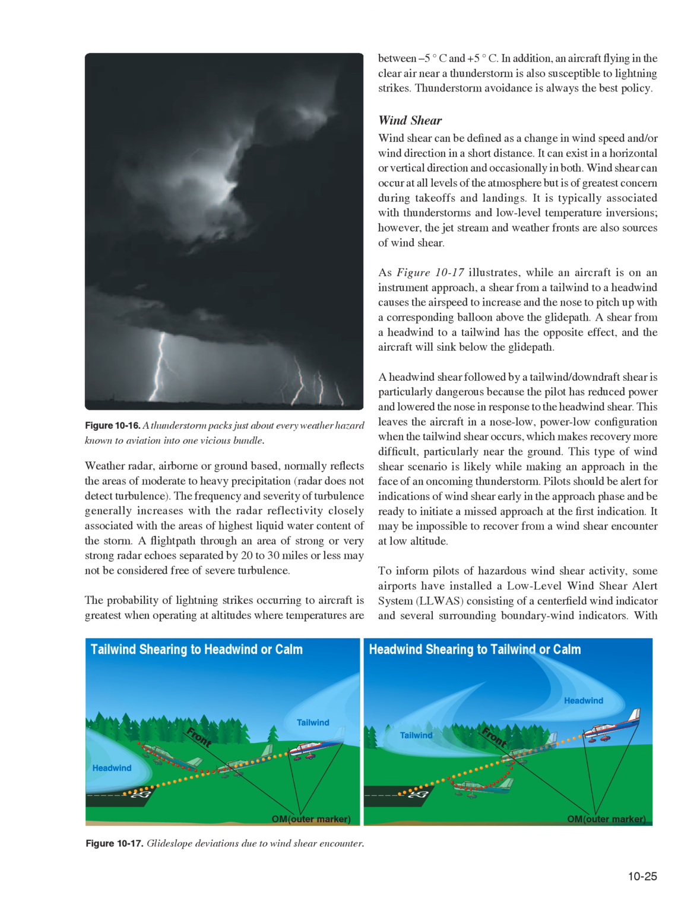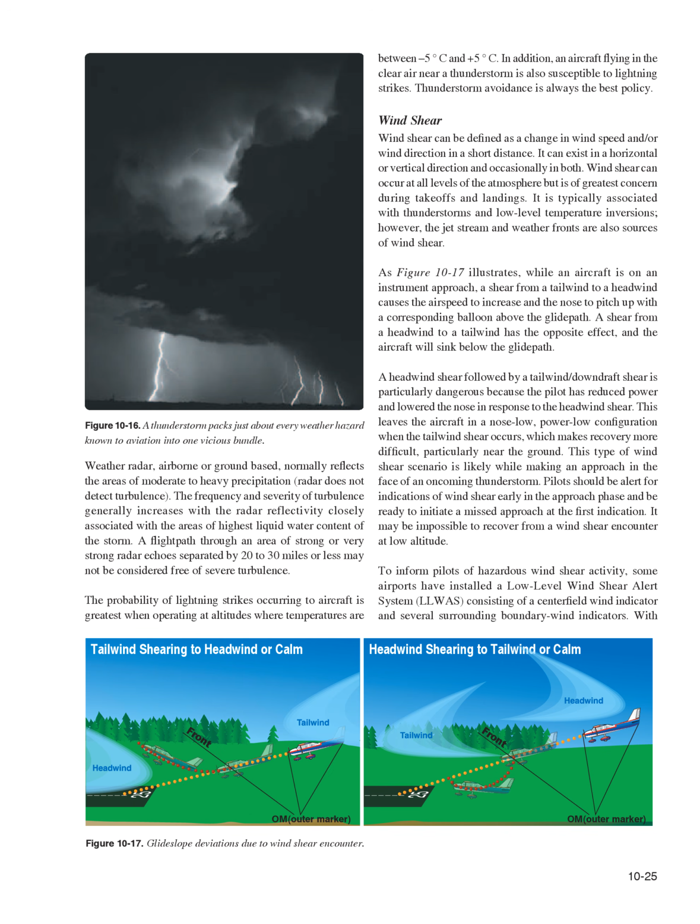path. A headwind shear followed by a tailwind/downdraft shear is particularly dangerous because the pilot has reduced power and lowered the nose in response to the headwind shear. This leaves the aircraft in a nose-low, power-low configuration when the tailwind shear occurs, which makes recovery more difficult, particularly near the ground. This type of wind shear scenario is likely while making an approach in the face of an